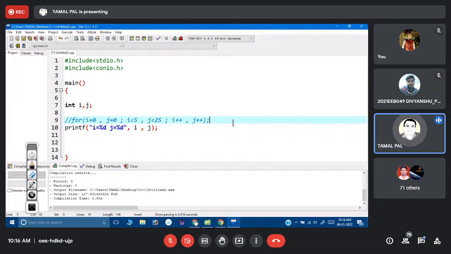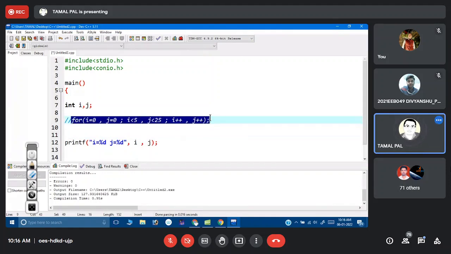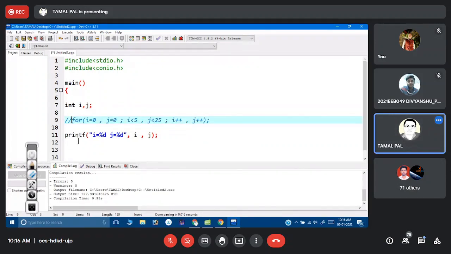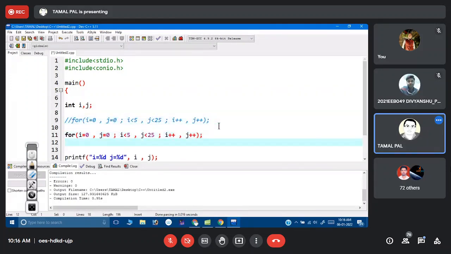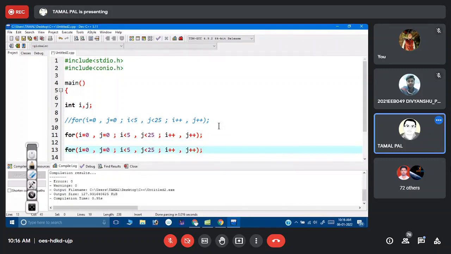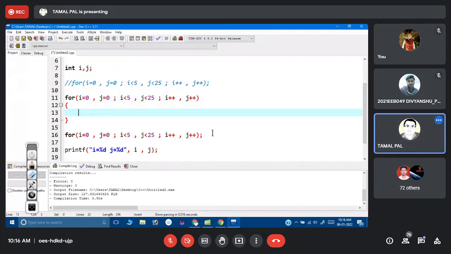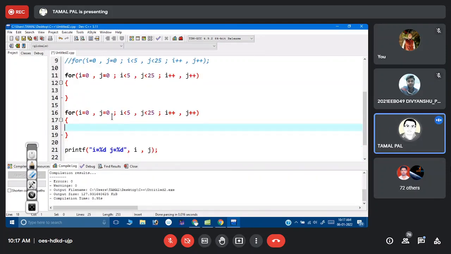You have closed the loop, so I am writing these two loops separately, without any body, if these are two different variables.